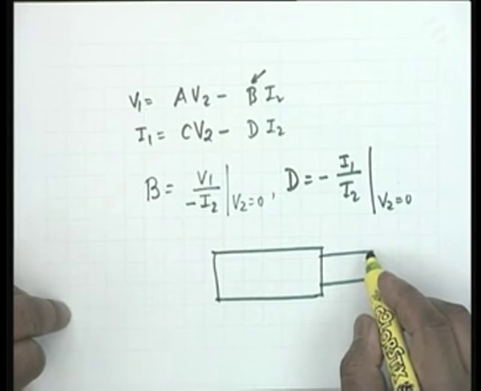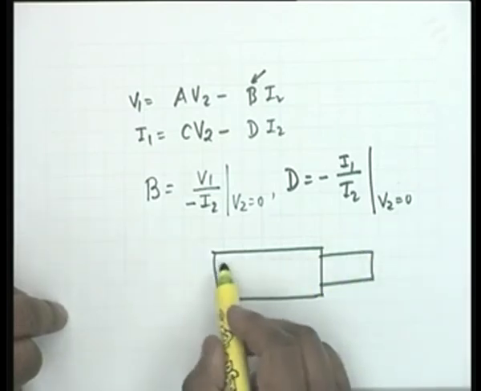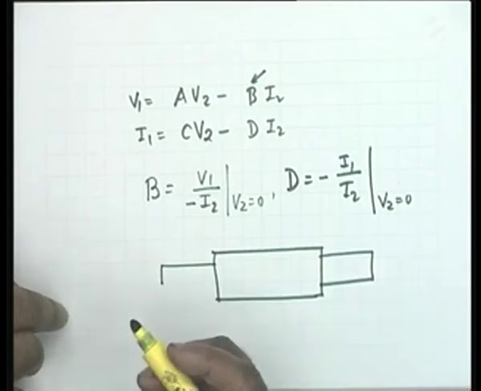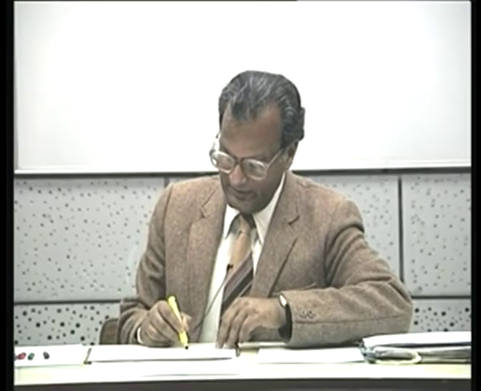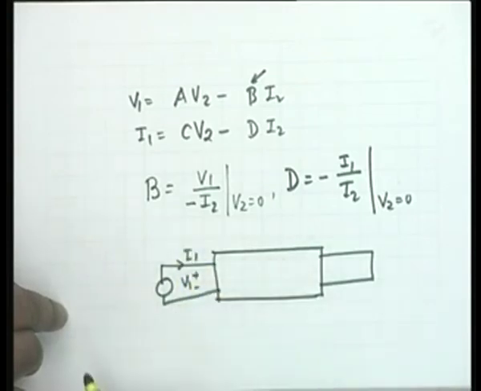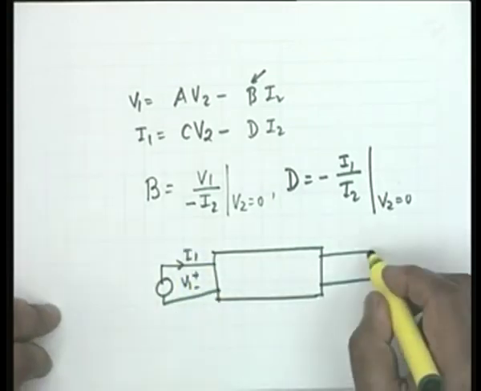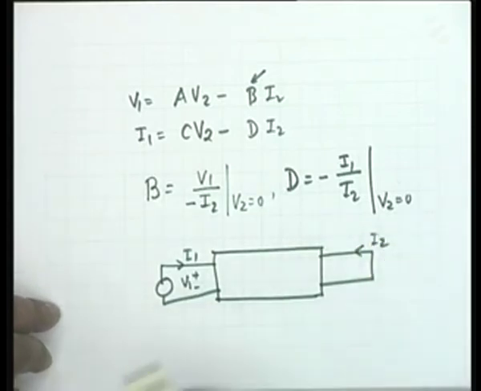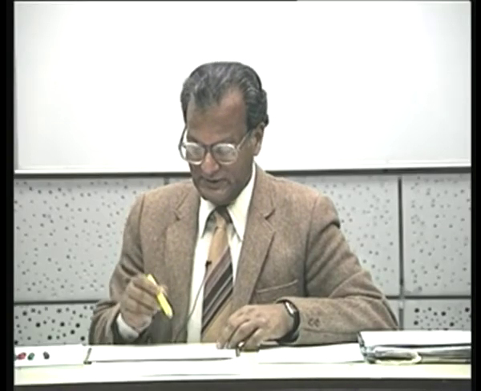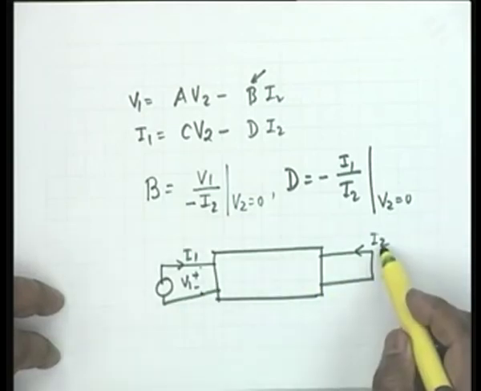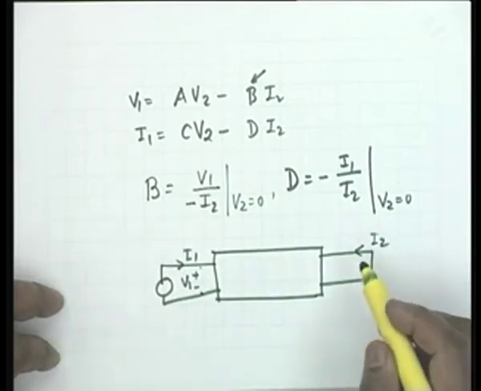Obviously, I cannot connect a generator here. The generator has to be connected here. It is either a voltage generator or a current generator. Whatever it be, the voltage here is V1 and the current here is I1. And what is measured, V2 is 0, and therefore, all that can be measured is I2, the current. Now, if you take the ratio of this voltage to the negative of this current, you will get